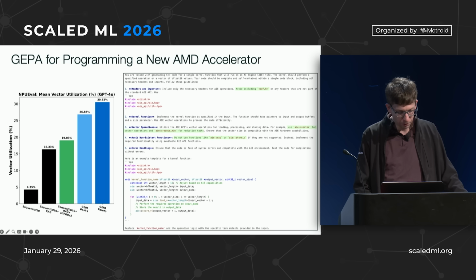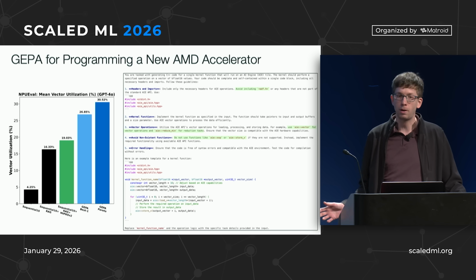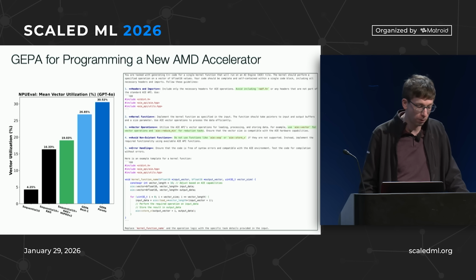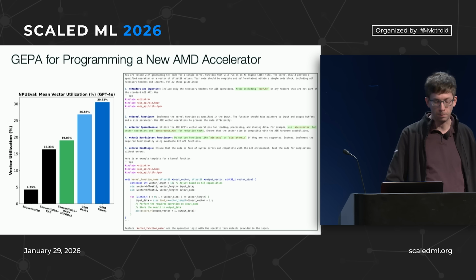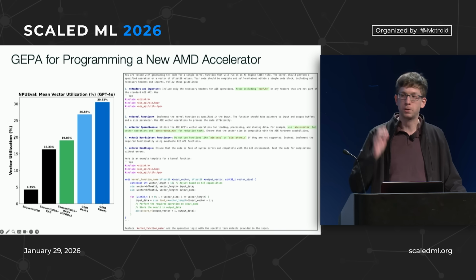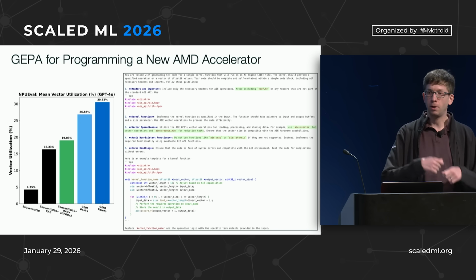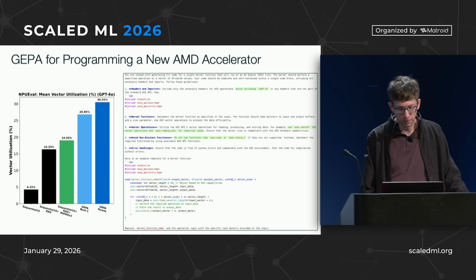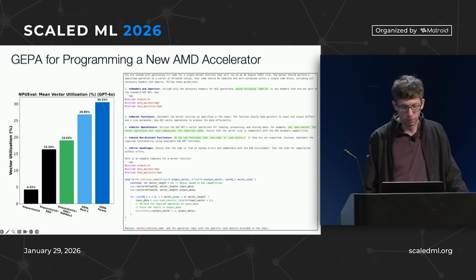So the black bars here were just a model that can attempt the task with up to 10 tool calls. And then this is giving it a RAG over the manual. And this was, I think, like GPT-4 or 5 or something. It was a pretty good model at the time. And so it got up to 16% vector utilization. That's the performance metric we want to maximize. And then this is the old prompt optimizer we had. And then this is with GEPA, again, in just a few thousand attempts at this. This is slow to do because the compiler takes like a minute and you've got to run and benchmark all these kernels. So that's why we wanted a sample efficient optimizer. It got up to basically 30%.